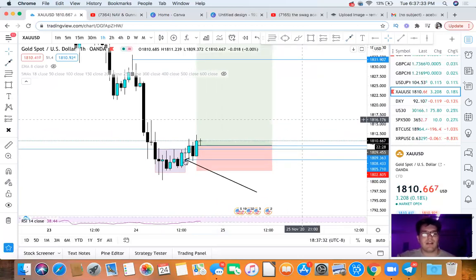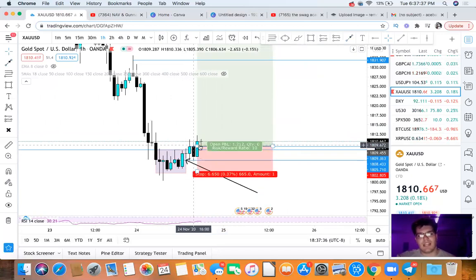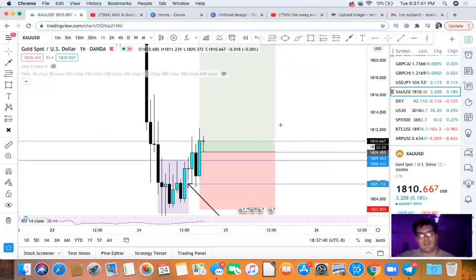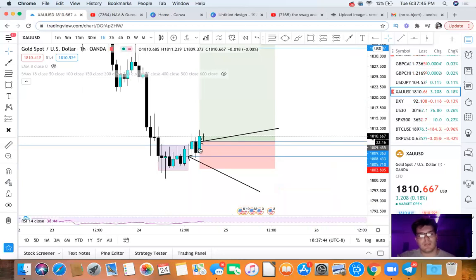Now, did we get in for a buy down here? No, we didn't. Why? Because that had already happened. We got in for a buy right here. We actually had a buy limit going on in this area, right on the opening of our new accumulation of price candle, which is the last bearish candle before the push up. This right here is a push up. We came into the 15-minute time frame.